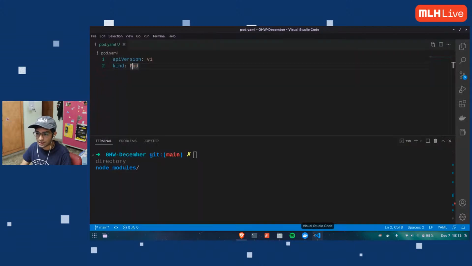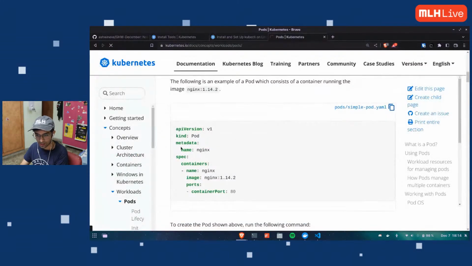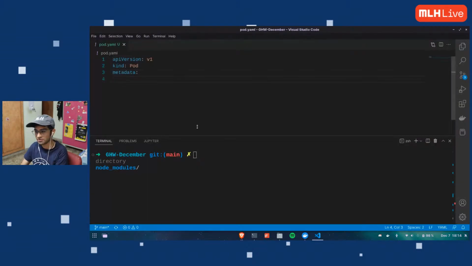Next is metadata. Metadata is for my reference, just like a website has metadata. Inside metadata, we can have name, author, email and stuff like that. So name. Now this is the metadata of the pod, right? So I'm going to call it first pod. This is for my reference. When I'm running my Kubernetes cluster, the metadata is what I'll see out there. You can name it whatever you want.